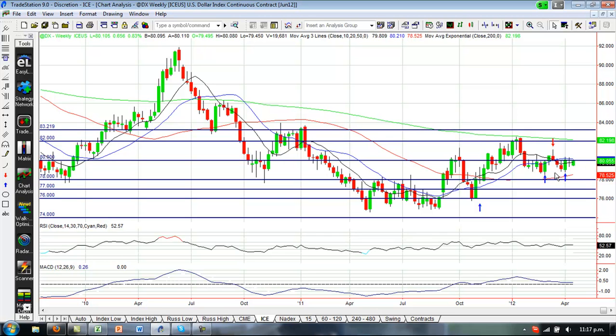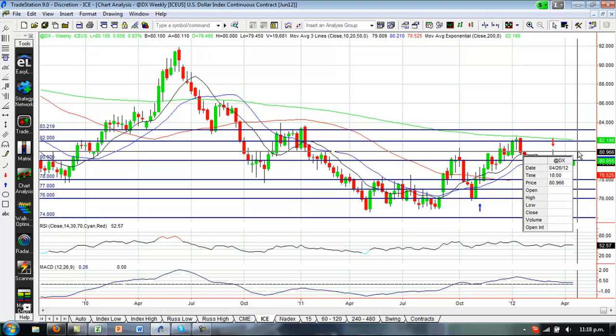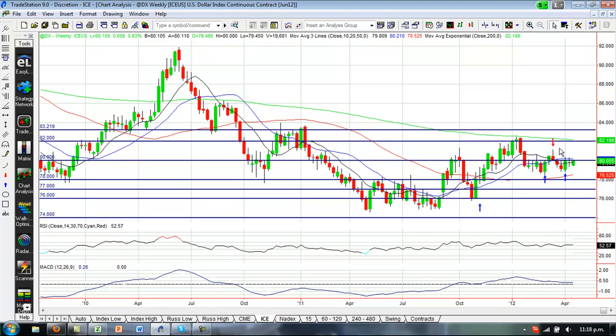Obviously, if we break down through here, then that would be invalidated. But at the moment, where's the probability line? It's tilted slightly towards the upside. I say slightly because it's only slight, based on some influence from dollar yen and euro dollar, but also because at the moment we are still range bound, and it's going to take a little bit of effort to get up there and break up through these support and resistance levels that we have on the way. For example, 81, which is right around about that high.